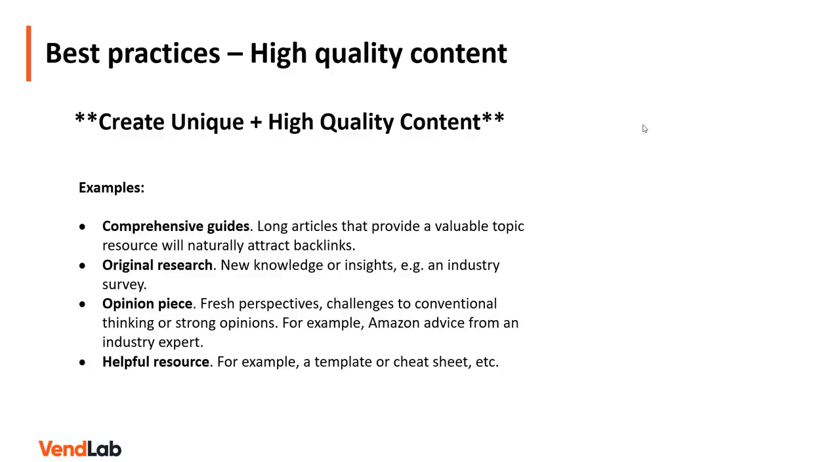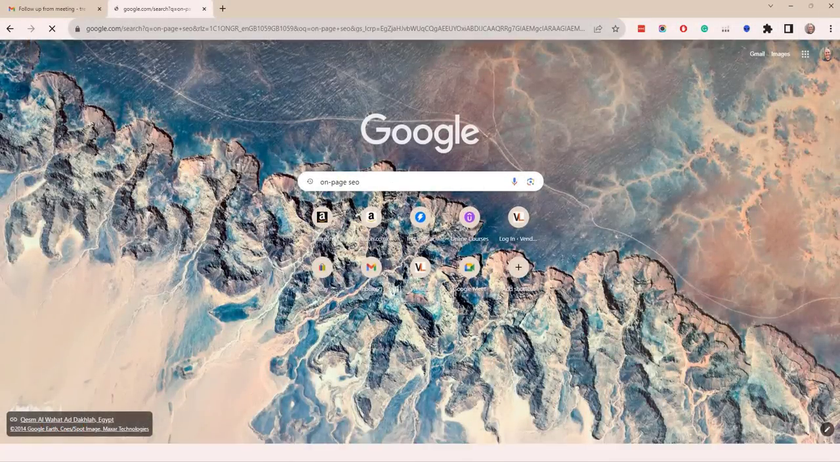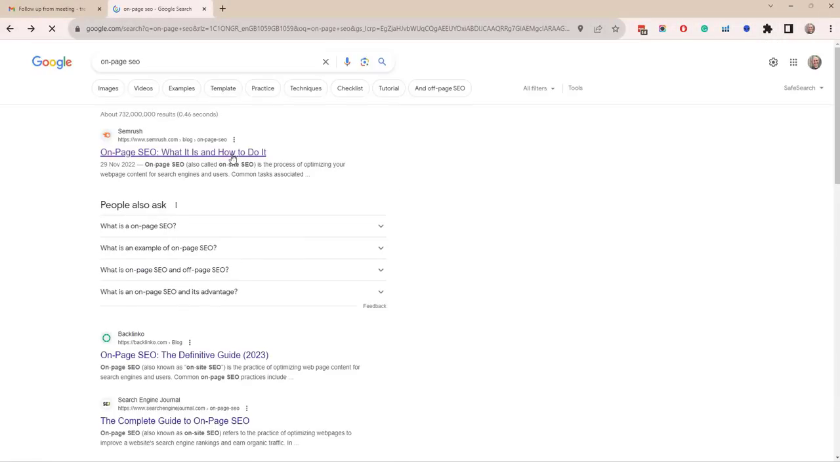Examples of where you can create unique content are comprehensive guides. Long articles provide a valuable topic resource and will naturally attract links. Original research and opinion pieces would add fresh perspectives, and also a helpful resource, so for example, a template or a cheat sheet. For example, if we do a search for on-page SEO, if we look at the top result,